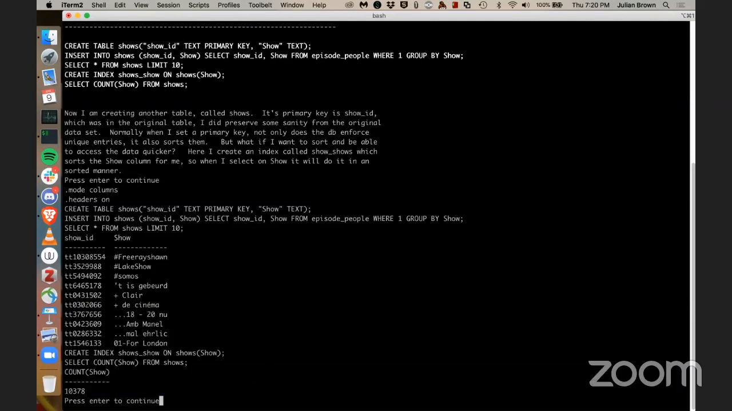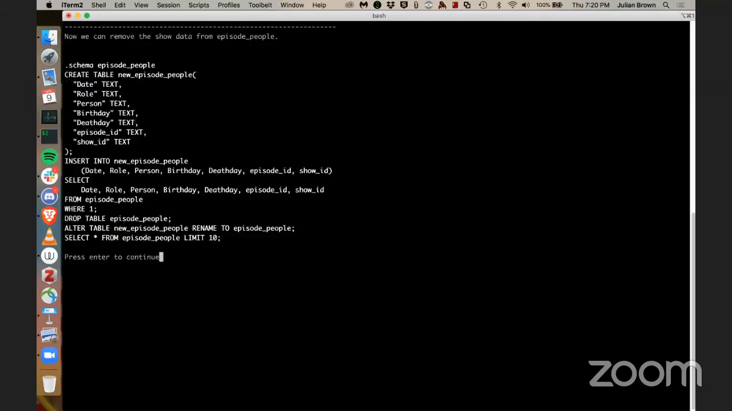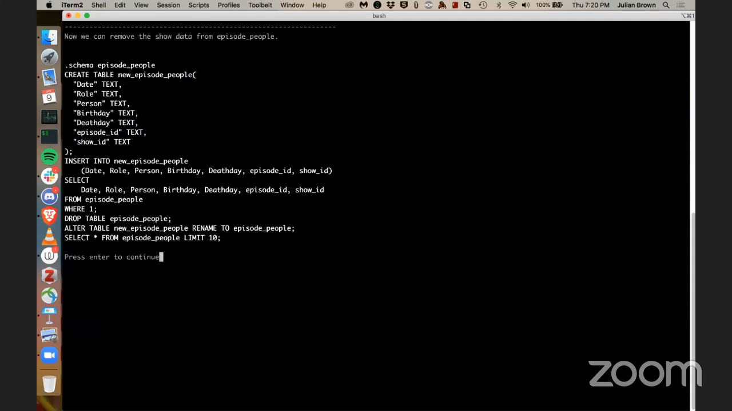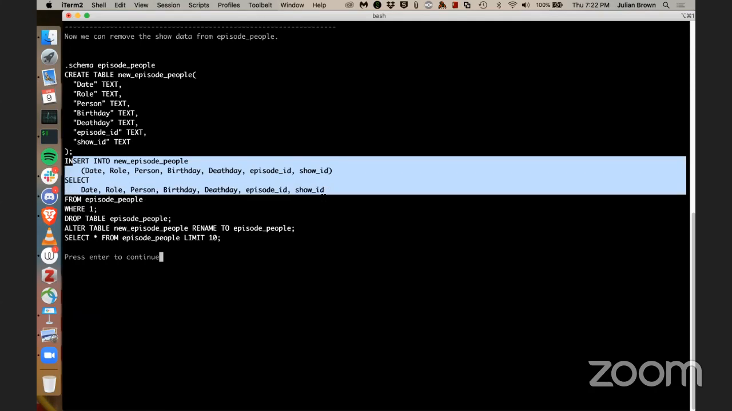So I've extracted the data. So now I'm actually going to deduplicate or normalize the show data out of the new episode people table here. As you can notice, there's no show column here because I removed it to another table, and I will be able to join on show ID here. So first I create the table. I then do the insert into that table